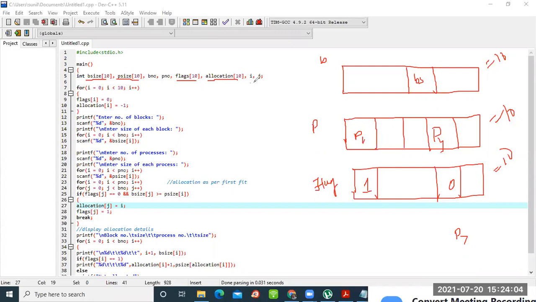Or there are two variables I will use, I and j, for the for loop, because this entire thing will be continuing for all these 10 blocks, or however many blocks are available. Fine. So what is the very first step? Now first, if you remember the algorithm, very first, you have to identify how many blocks are there and how many processes are there. Along with that, what are my block size and what are my process size.